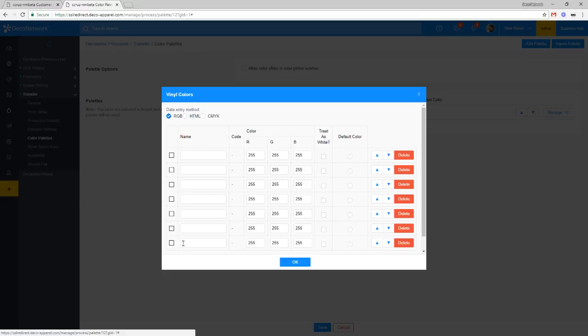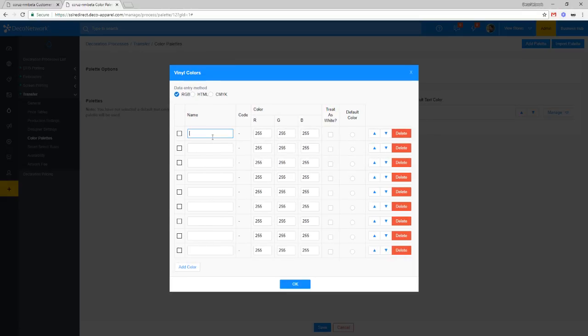So what we can do is add a few colors in here, and we can just start naming them. We'll start with the easiest one, white, and it's those same maxed out values for all red, all green, all blue. Then we'll do black, all zeros. We can do red, green, and blue, just leaving those maxed out there. So right now, I guess I'm kind of cheating. I'm just going with the easy colors here. But if you have specific vinyl sheets that you're trying to color match,